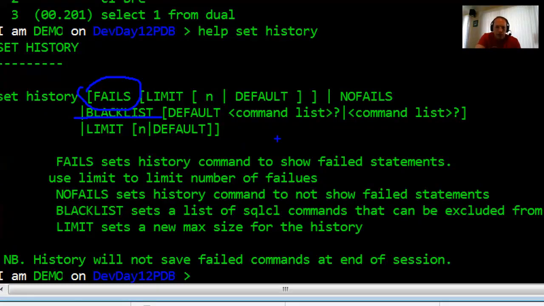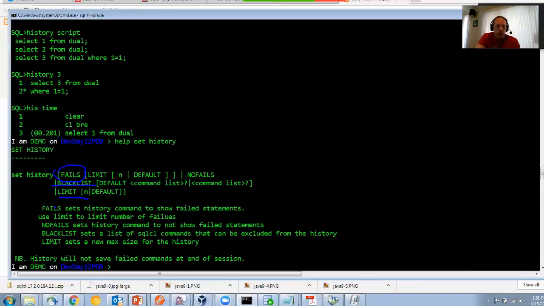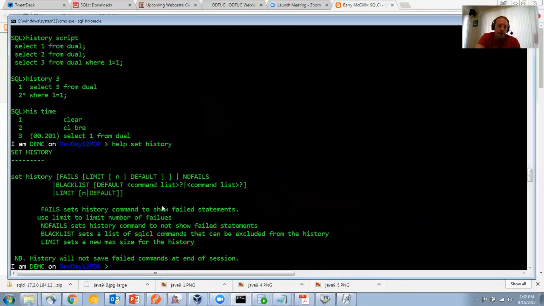And then probably the next critical thing that you want to set is the limit. So by default out of the box, it's 100. You can bump it up as high as you want. I think once you get past a certain size, especially in a command line interface, it's not going to be that useful if you've got 13,000 items in here. So again, it's on by default out of the box. It's persistent across sessions. You can tell us what not to record, and you can tell us how many things